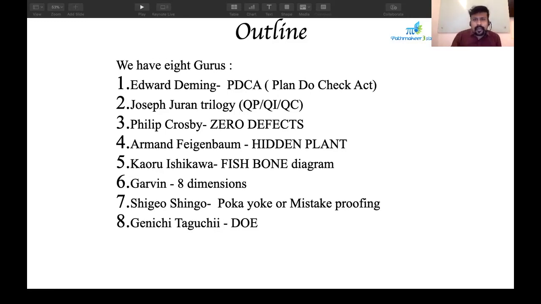As an employee, do I have a tendency to disclose every mistake that I make to my superior? If yes, then your organization is a hidden plant. But if no, your organization is not transparent. It is not giving you an opportunity where you can showcase your results. You're hiding a lot of mistakes within you.